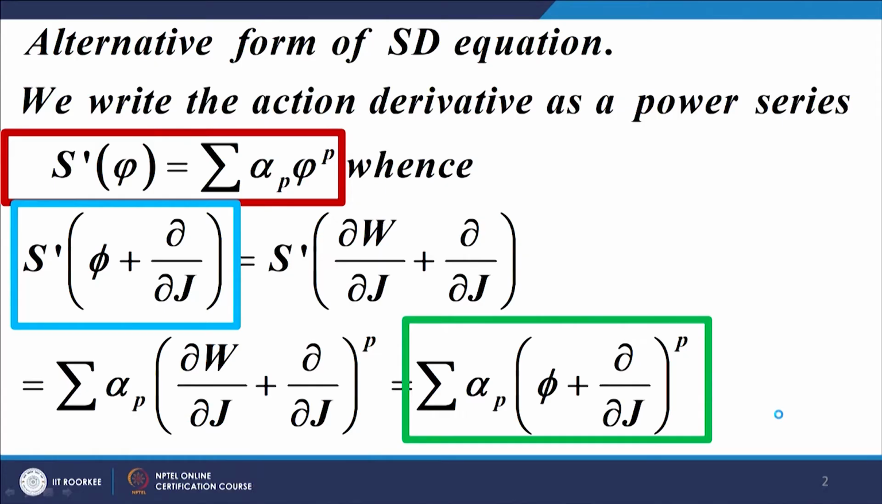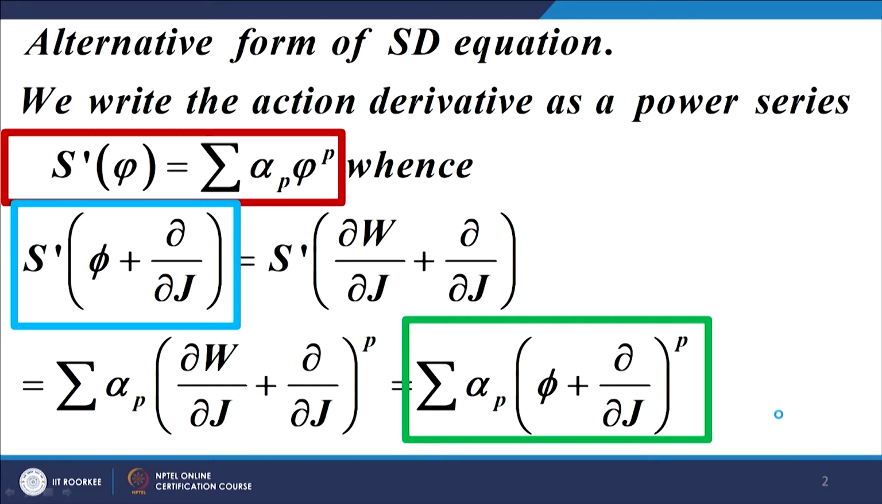Welcome back. Let us continue from where we stopped before the break. Now, we look at an alternative form of the Schwinger-Dyson equation for the generating functional. For this purpose, we write the action derivative as a power series of the field variables, and that is the expression given in the red box at the top of your slide, and that gives us